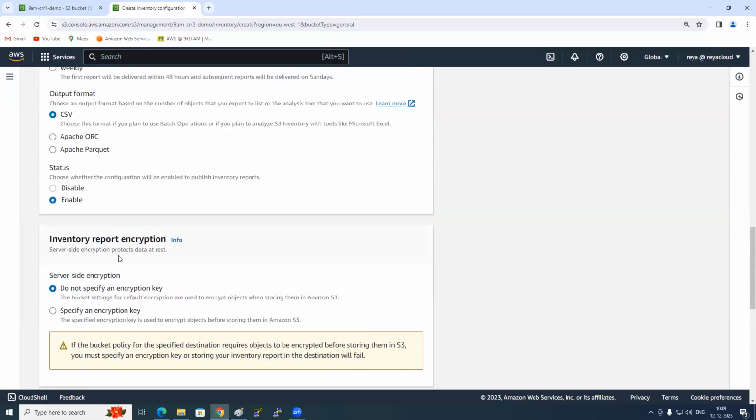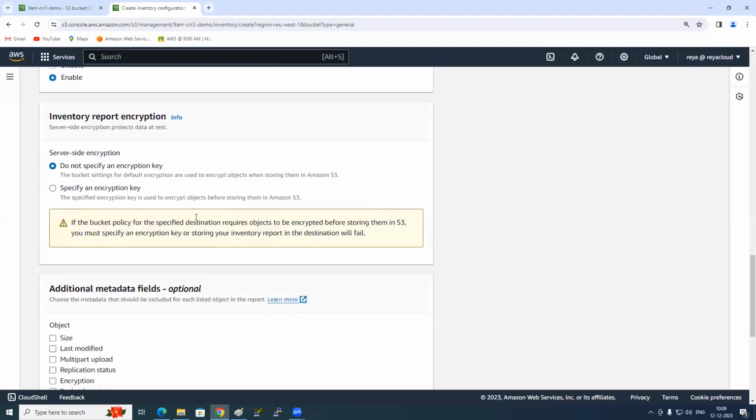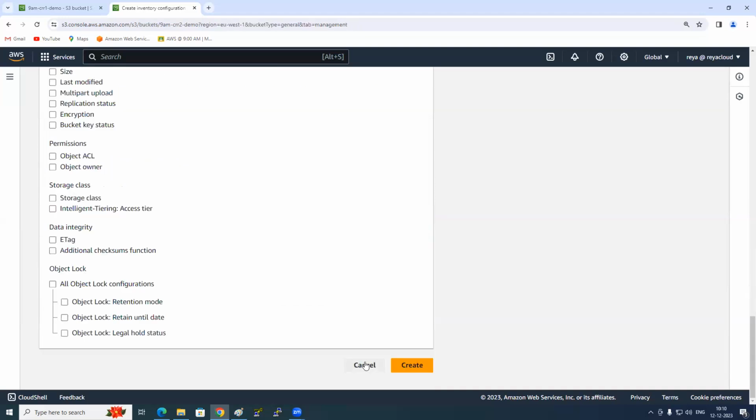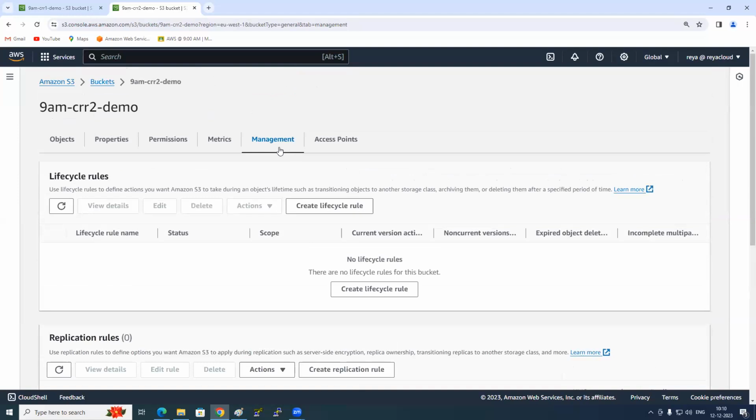So that is, and how much somewhere it should return. The first report will be delivered within the 48 hours. So do not create it unnecessarily. Don't wait for it. Now, is this clear on the management? Okay. And access point,